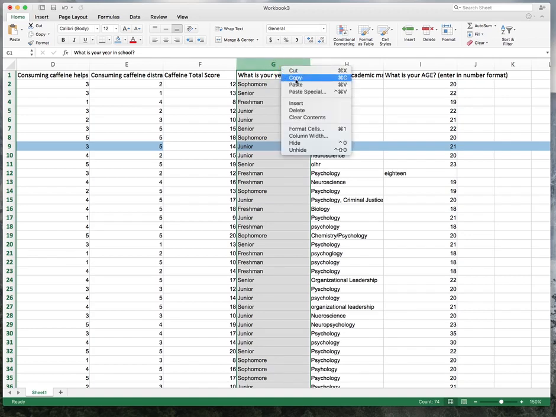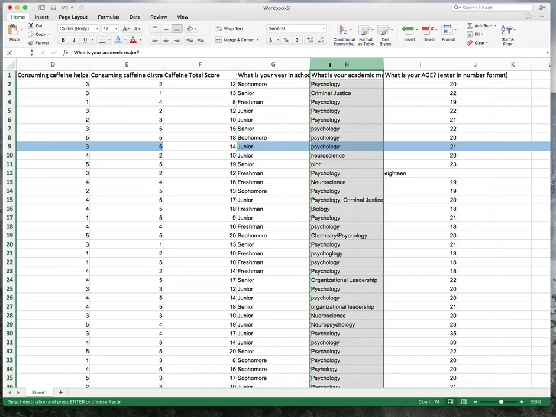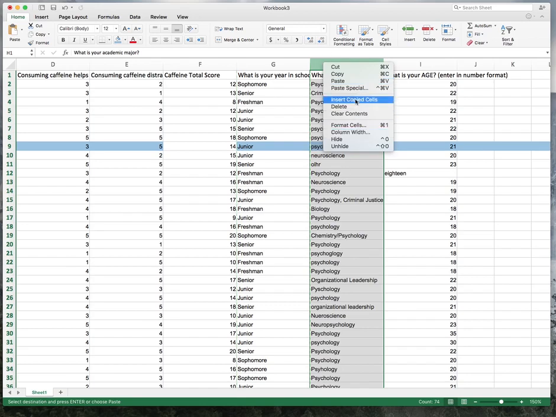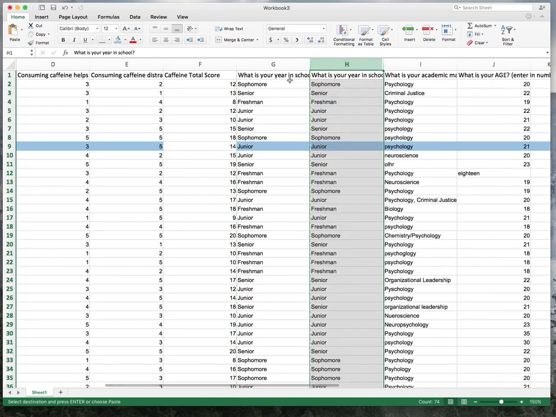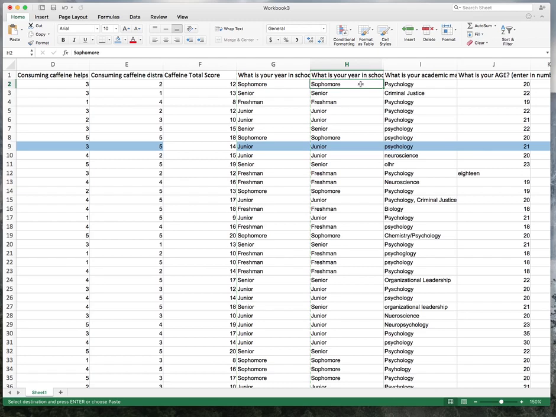copy this column so we can see what this looks like in numerical format. And what we'll do is instead of pasting this, which would replace this data, we're going to say insert copied cells, essentially duplicating these two columns right next to each other. All right, I'm going to select column H, and this is a second way of sort of